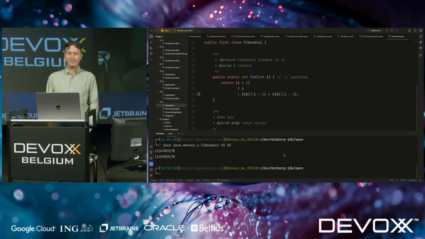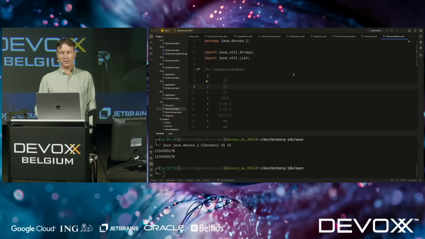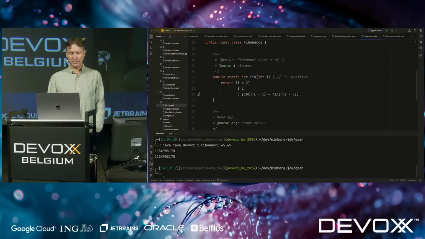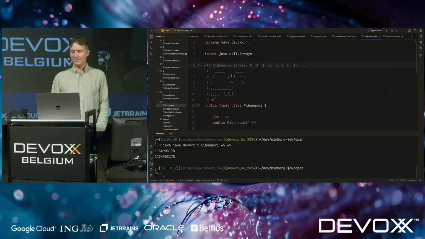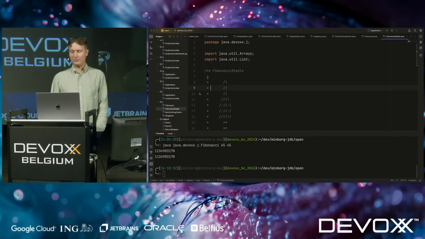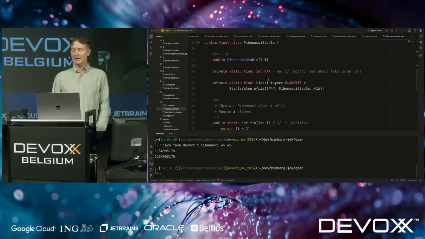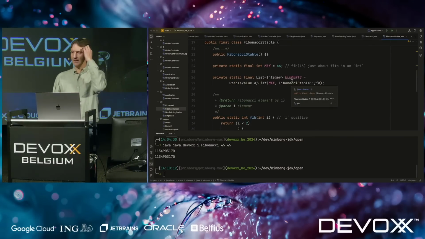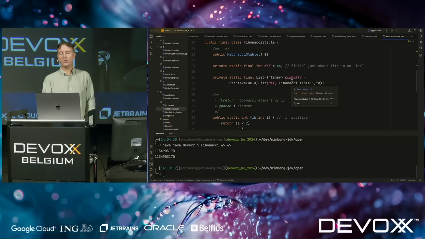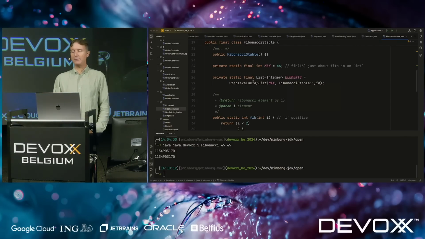There's the second value. But StableValue can come to the rescue here. And of course, I must show you that this has a turtle. But if you use StableValue, you get this rocket here instead. And why do we get a rocket? You will see. So instead of doing a recursive call, we can say that we have a stable list of